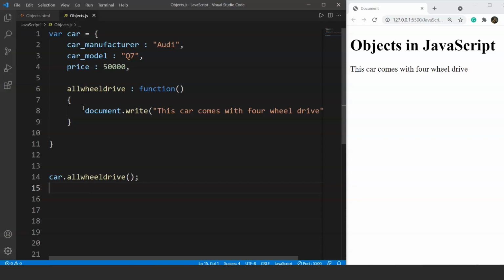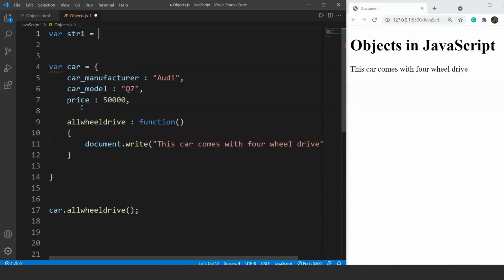We'll use objects in DOM manipulation, which we will go through in further videos. That's why it is pretty essential to understand the whole concept of objects, right? Next, let's look at how we can use different data types as objects in JavaScript. The syntax for using the basic data types as objects goes like this. We'll declare a variable first. We have a variable str1, and next we'll write the new keyword and the data type. So string is our data type which we will be using as an object for now.